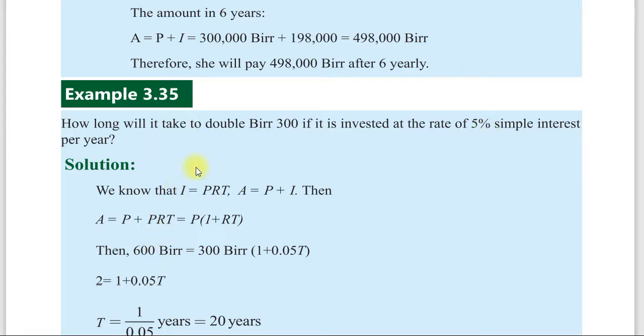So we know that I ወይም interest which is equal to PRT and amount means principal plus interest. Then amount which is equal to principal plus, instead of I we can use PRT. So P into 1 plus RT አድርገን መስራት እንችላለን።